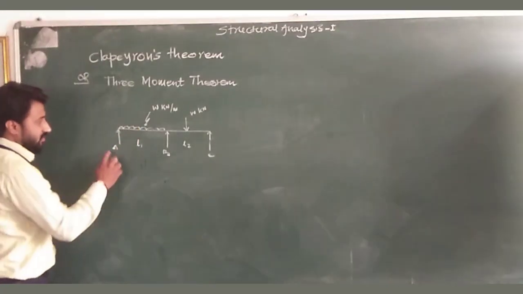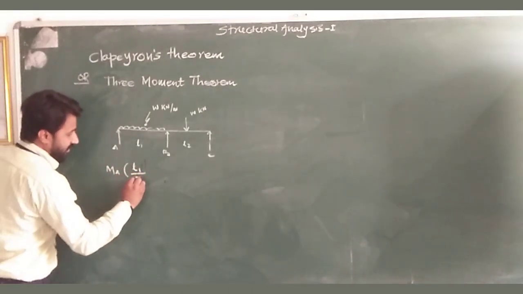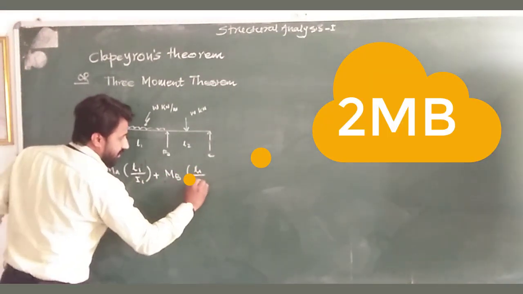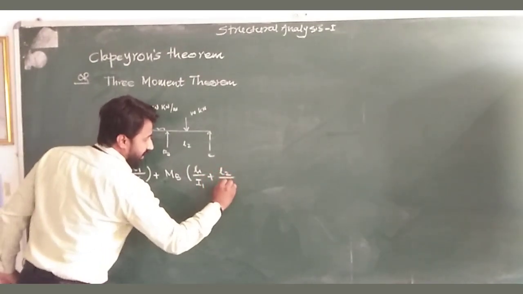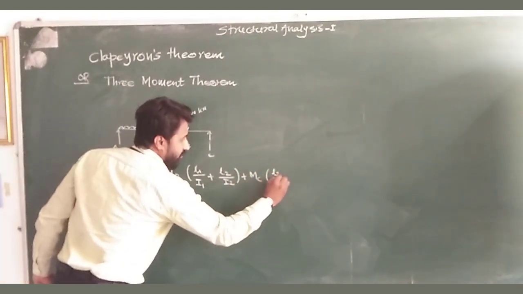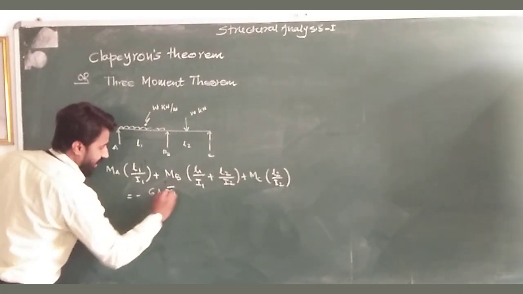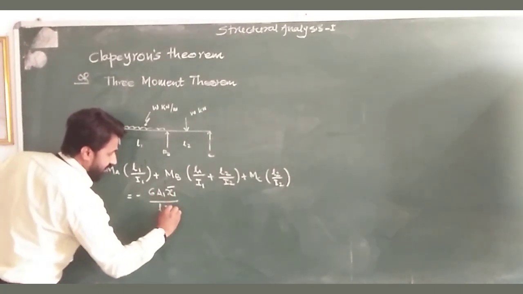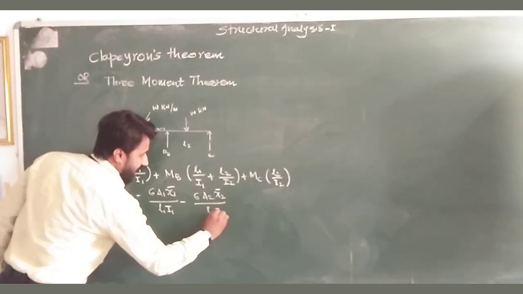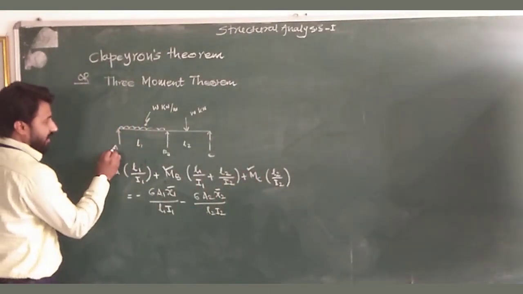So according to three-moment theorem, the unknowns can be determined by the equation MA L1 by I1 plus MB into L1 by I1 plus L2 by I2 plus MC L2 by I2 is equal to minus 6 A1 X1 bar divided by L1 I1 minus 6 A2 X2 bar divided by L2 I2, where MA, MB and MC are the moments at A, B and